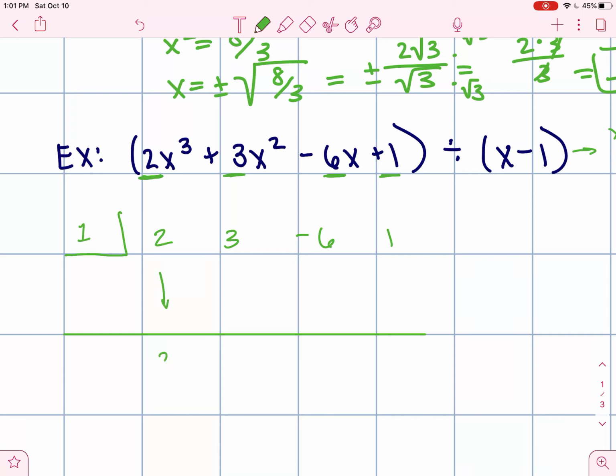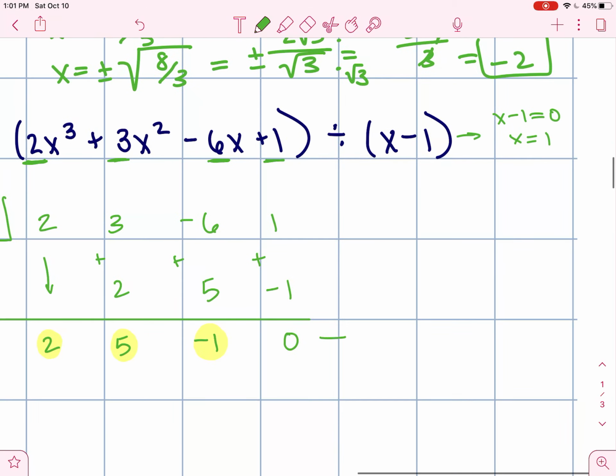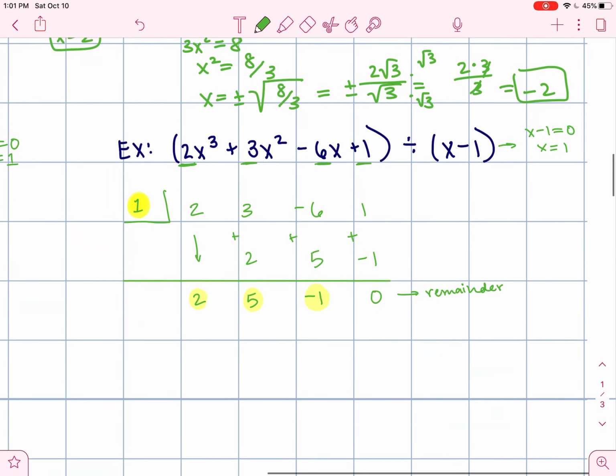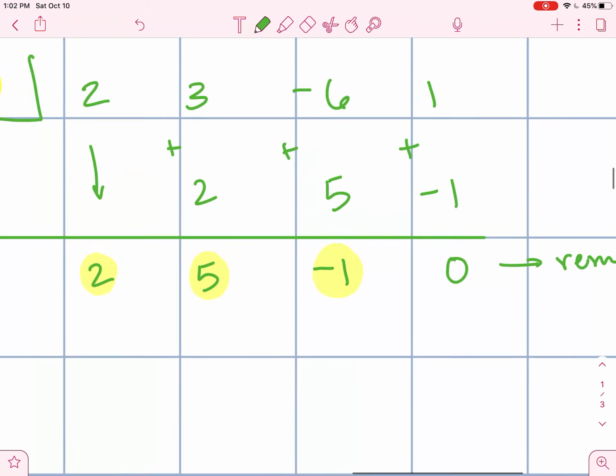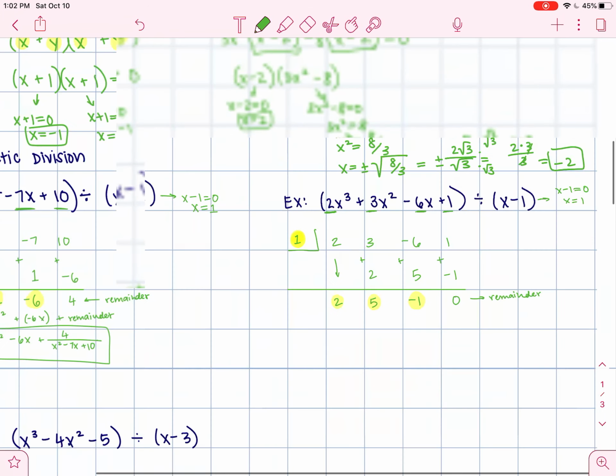So we bring down our first term, 2. 2 times 1 is 2. 3 plus 2 is 5. 5 times 1 is 5. -6 plus 5 is -1. -1 times 1 is -1. And 1 plus minus 1 is 0. So in this case, we have 0 remainder. So we know that definitely x minus 1 is a factor of this original equation. So we can write out our final answer. Remember how I said we have to match it with how many